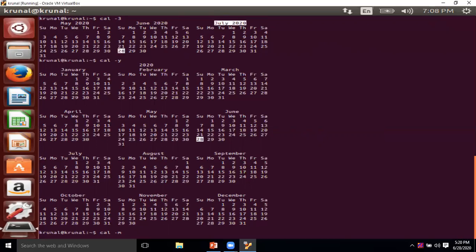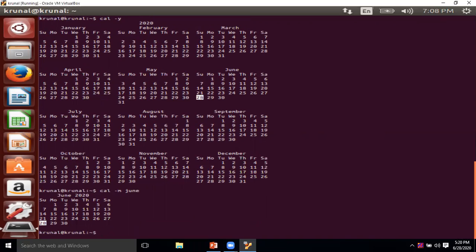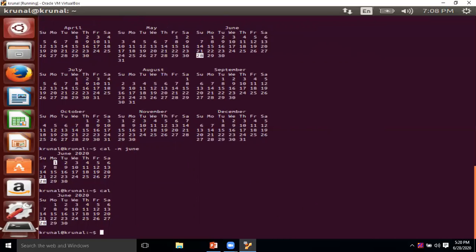If you want to display Monday as the first day of the week, use cal -M with the name of the month, say June, and it will display like this. You can see Monday is the first day. By default, Sunday is considered the first day of the week. This is the calendar command.